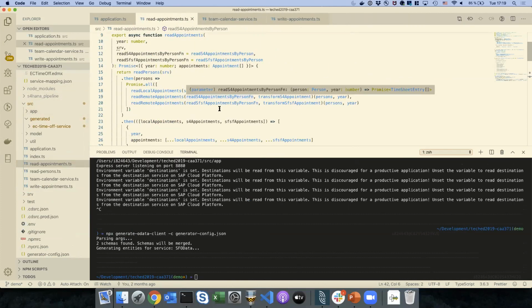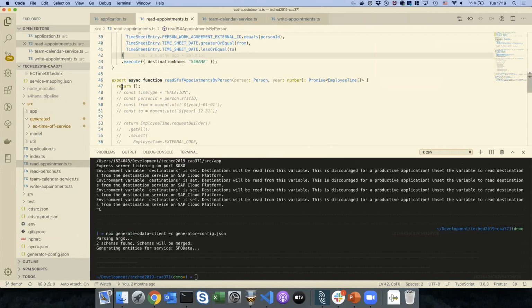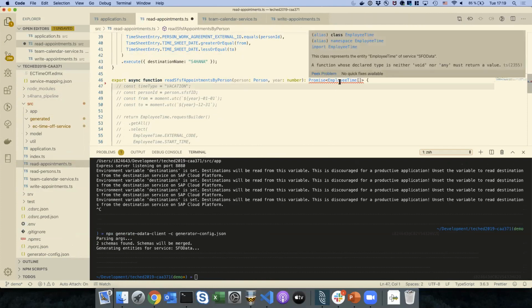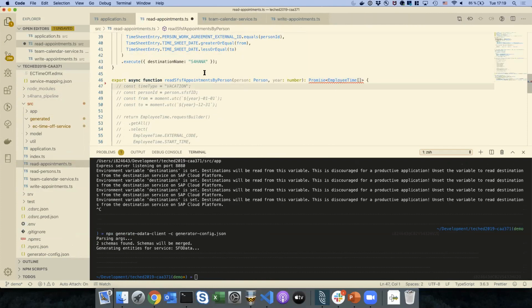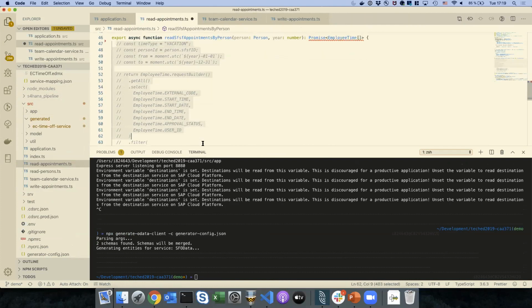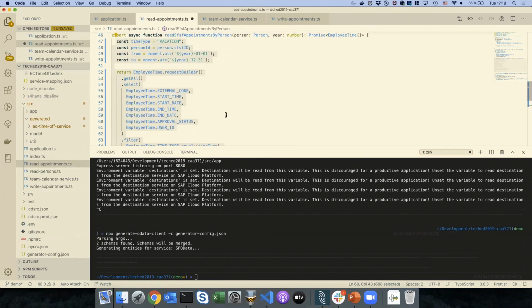So as we saw, we are reading appointments from S4 and SuccessFactors, but SuccessFactors currently just returns nothing. And that's not what we want. We want to return the same thing that we did for S4, only in SuccessFactors, basically, the equivalent, as I said. I already typed that out before. You can see here,